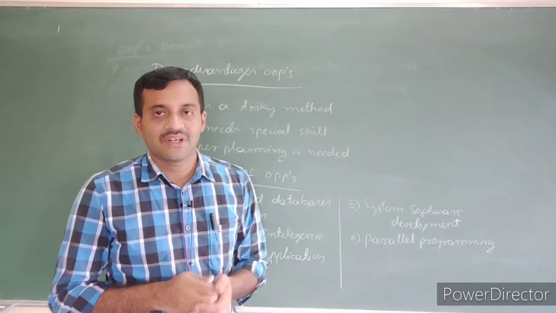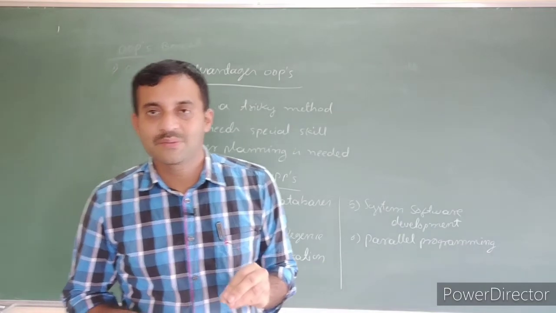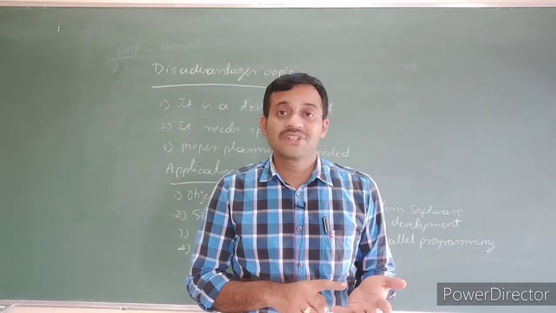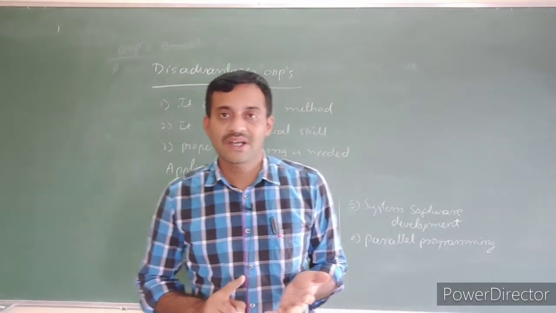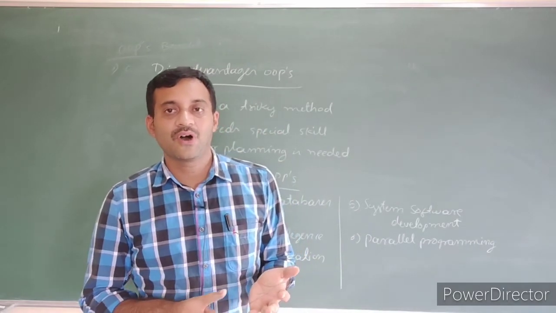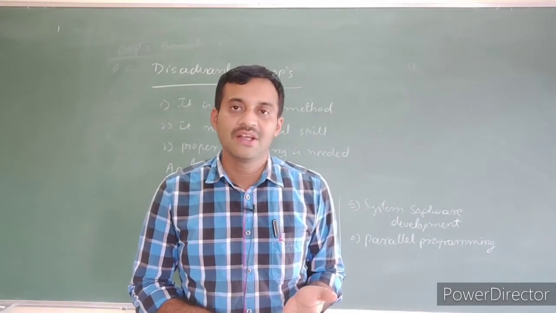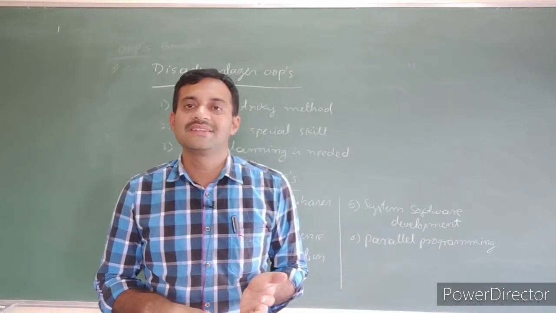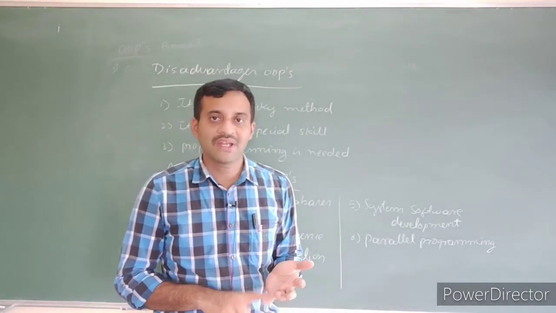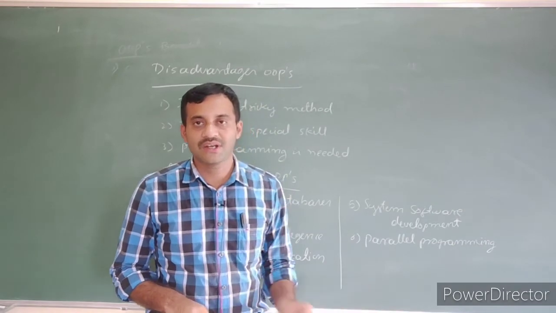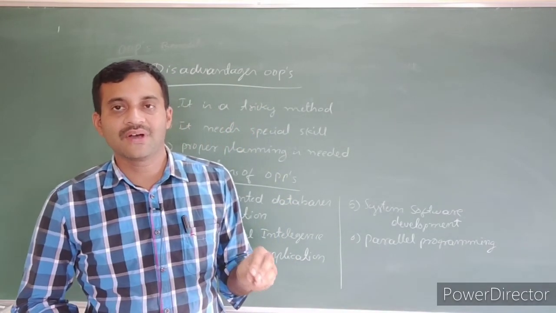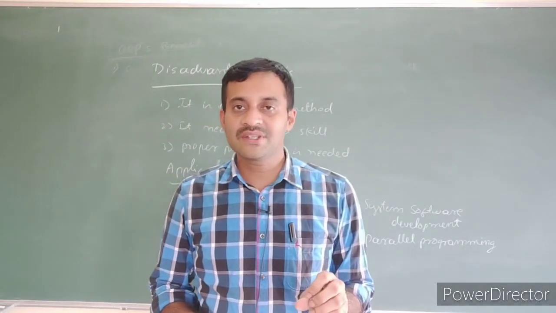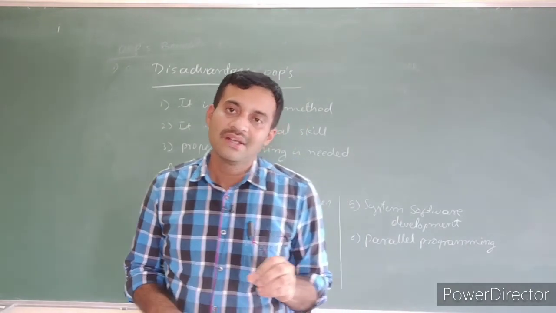In this chapter, it is a small chapter, we discuss the definition of object, definition of class, characteristics of object oriented programming, benefits of object oriented programming, disadvantages of object oriented programming, and applications of object oriented programming. In the annual exam we have either a 3 marks question or a 5 marks question. It is a very simple chapter.